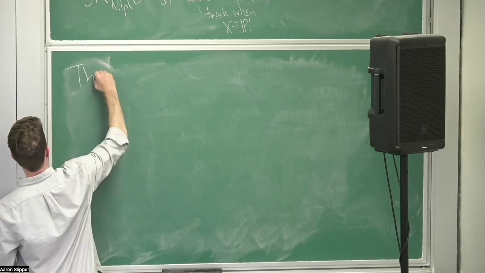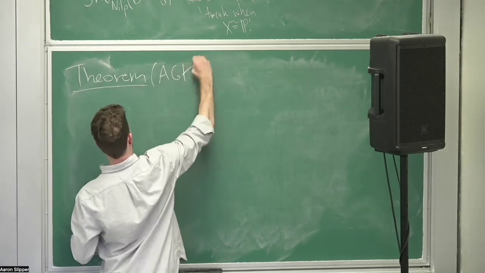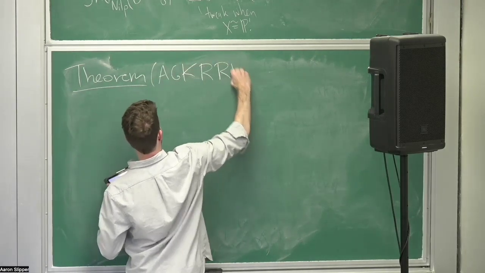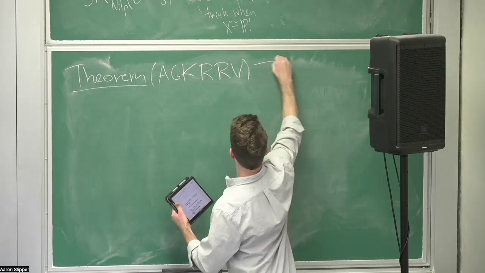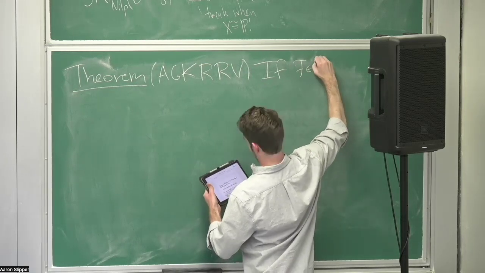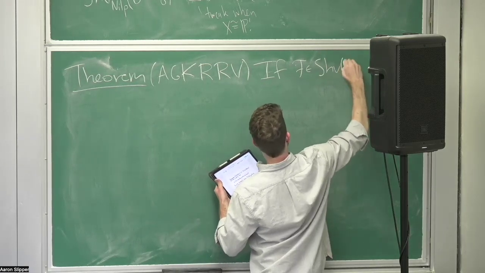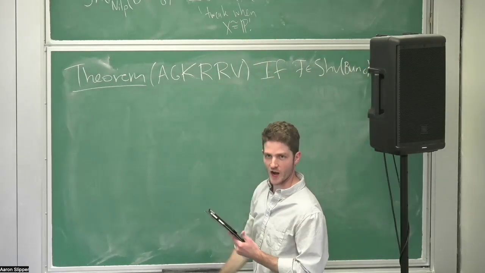So again, this is new in the six author paper, which says something like a converse to this holds. So if I start with a sheaf on Bun_G, and it behaves this way under Hecke functors,